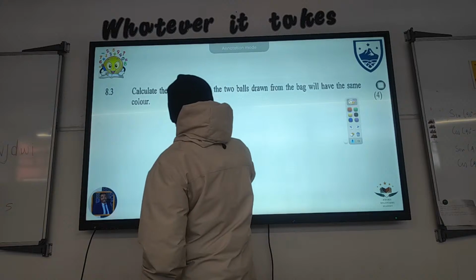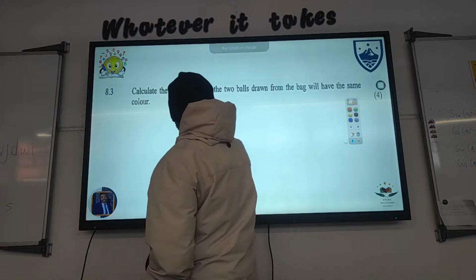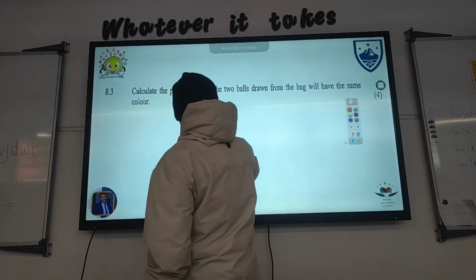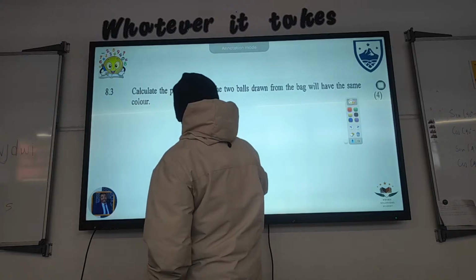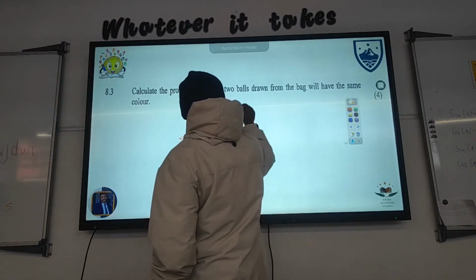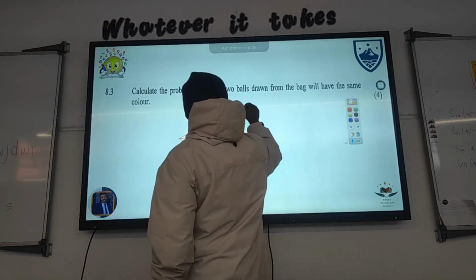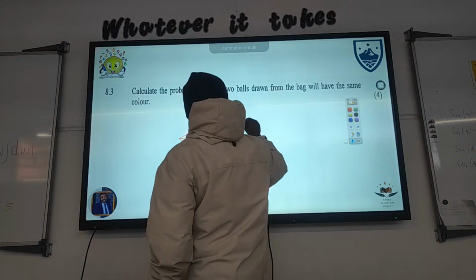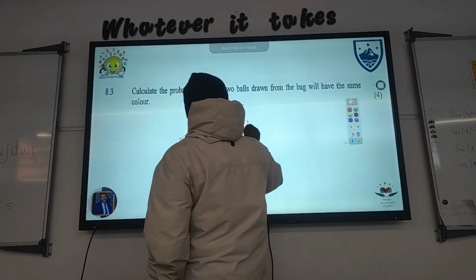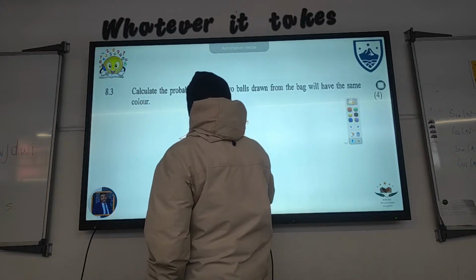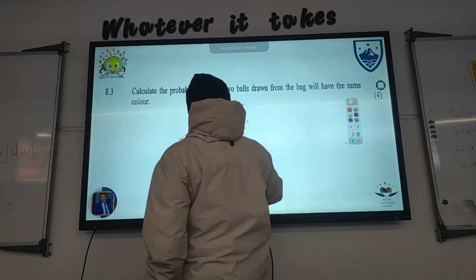That's our tree diagram. 3 branches: red, green, yellow. Red, green, yellow. Red, green, yellow. Red,